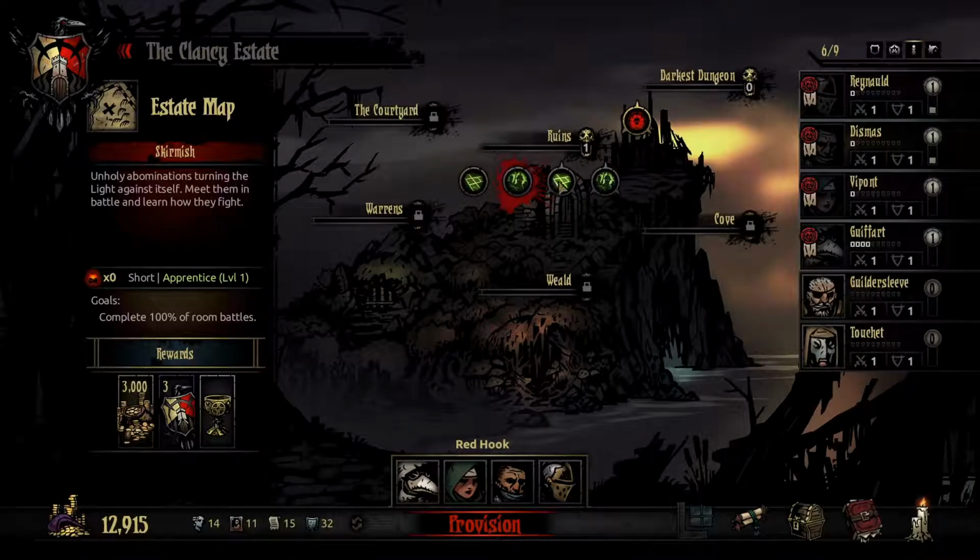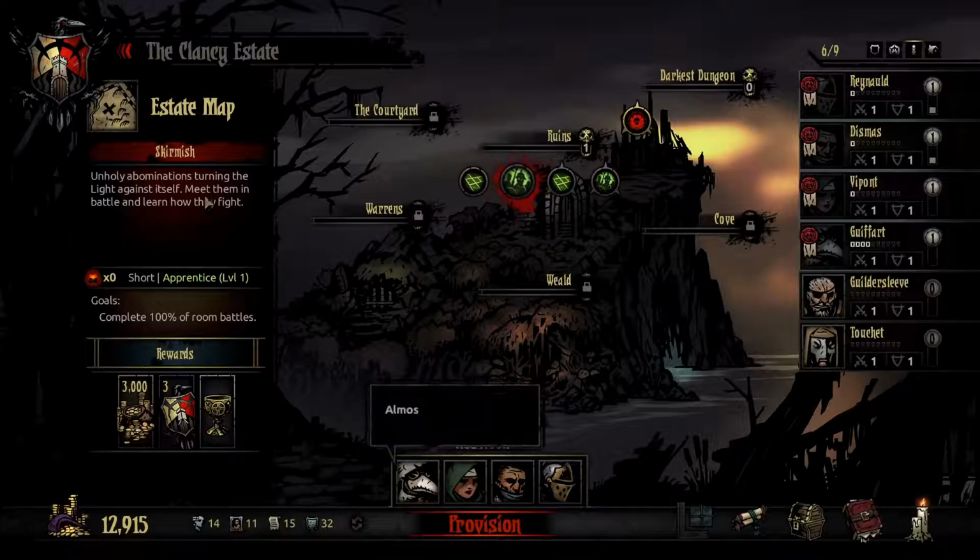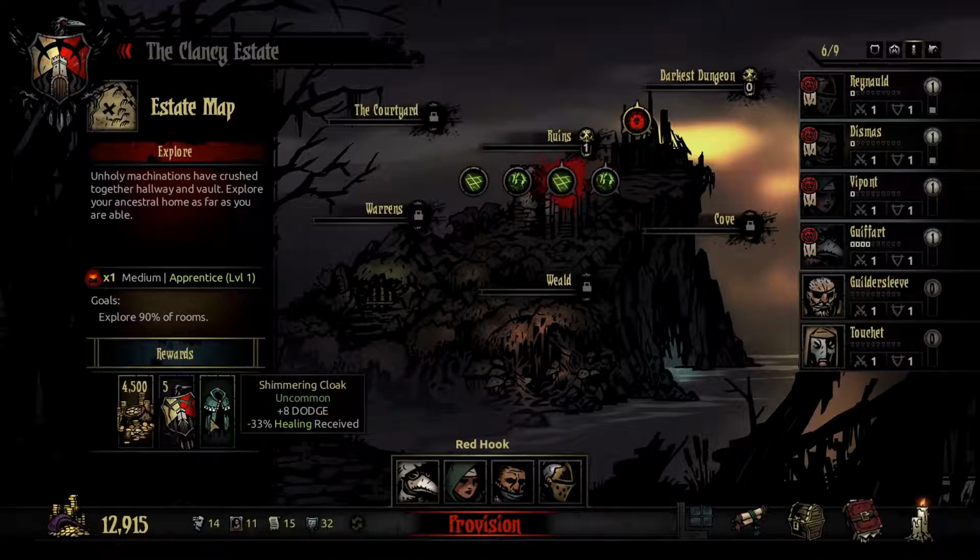We can do a scouting mission, a skirmish, an exploration, and a cleansing. What's the difference? Complete 100% of room battles, complete 100% of room battles. I guess cleanse is a medium length mission. Skirmish is a short length mission. I guess that's the difference in the names here. I'm just looking at the estate map quest description here on the left. We are going to do...